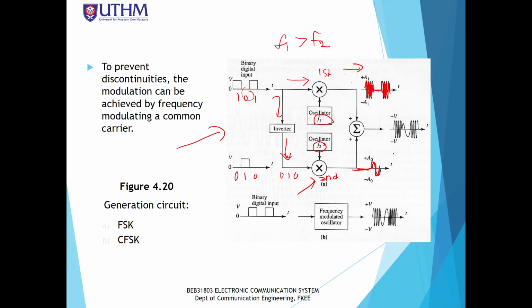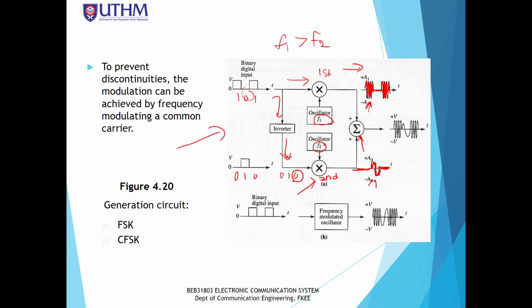That means it wants to show you that the F2 frequency is much smaller than F1, because if you have a high frequency, it will become like the first modulation process, the above part. So F2 is a lower frequency, so you see the wave like this. And then for the next input 0, it will produce 0 output, off. So you see here for the second modulator, it will switch on at the second bit time. First bit time is off, second bit time it will switch on, third bit time it will be off. And then we put it inside the summer,